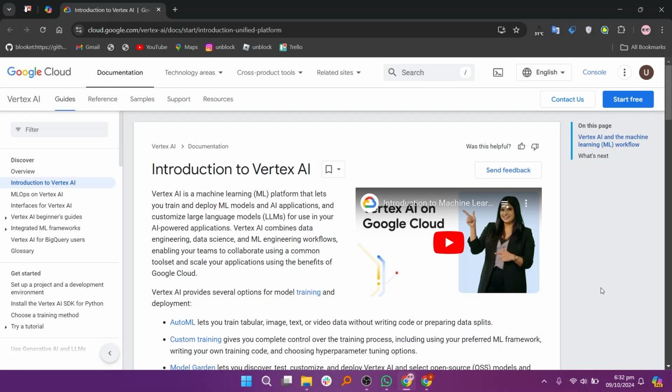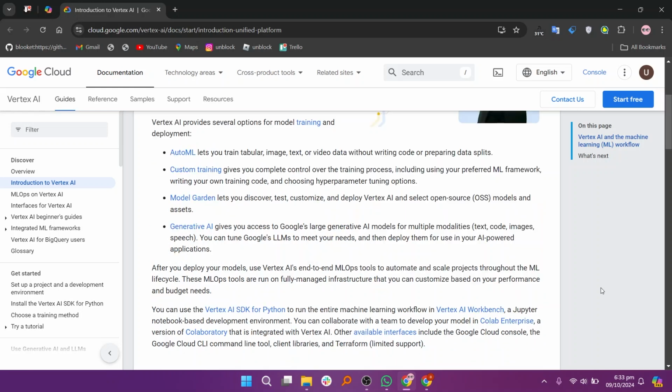Vertex AI provides several options for model training and deployment, such as AutoML, which lets you train tabular, image, text, or video data without writing code or preparing data splits. You can tune Google's LLMs to meet your needs and then deploy them for use in your AI-powered applications. After you deploy your models, use Vertex AI's end-to-end MLOps tools to automate and scale projects throughout the ML lifecycle. You can collaborate with a team to develop your model in Colab Enterprise, a version of Colaboratory that is integrated